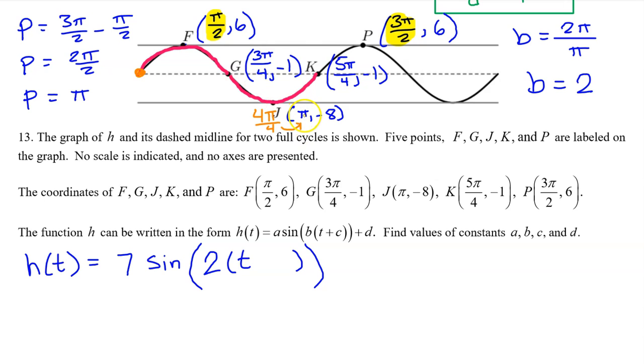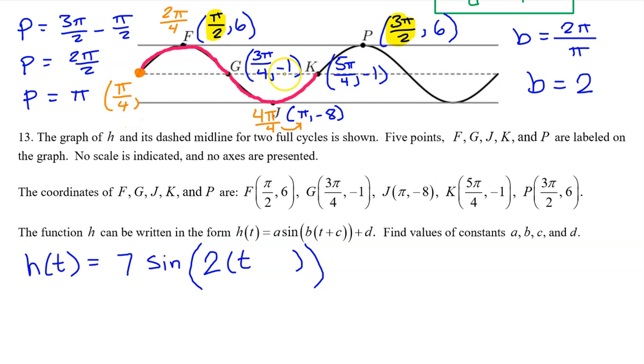So let's think of this pi as 4 pi over 4. Pi over 2 can be thought of as 2 pi over 4. So we are going from 5 pi over 4 to 4 pi over 4 to 3 pi over 4 to 2 pi over 4. The next input value to the left would be 1 pi over 4, or simply pi